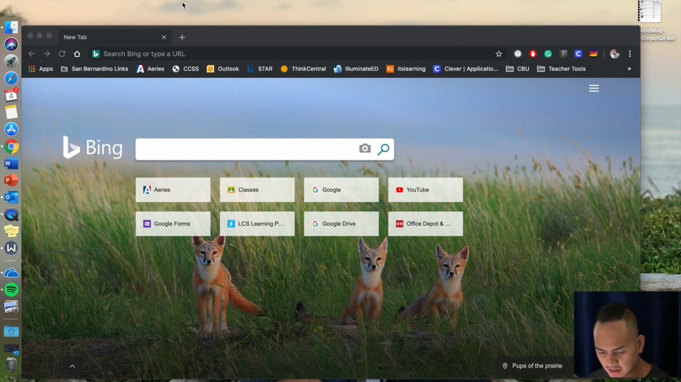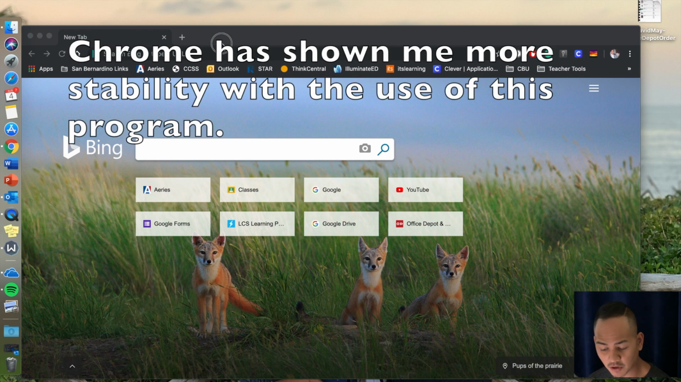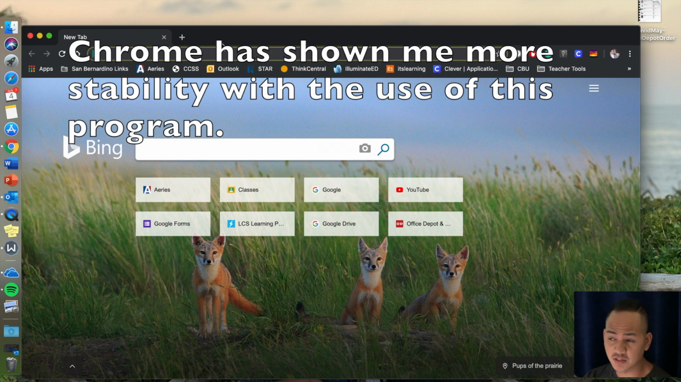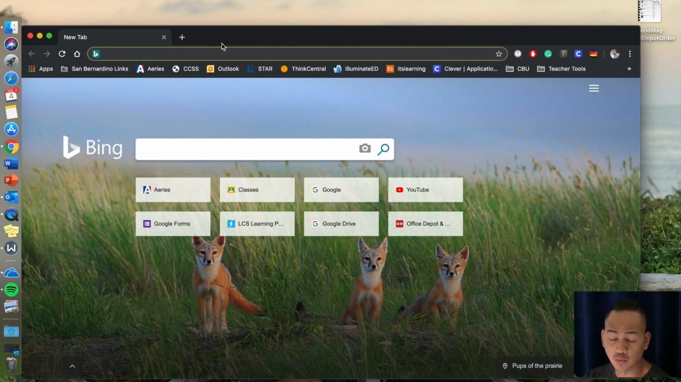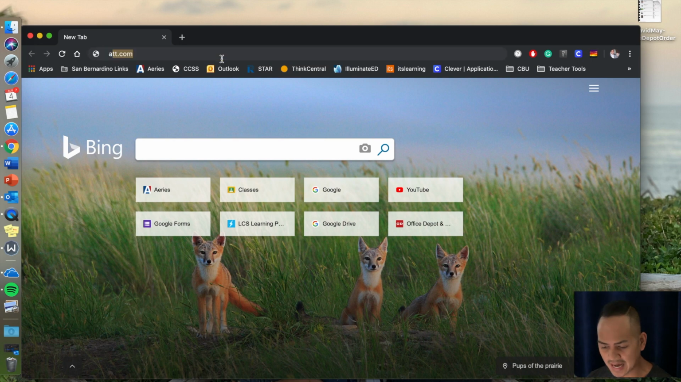I just opened up a browser. I prefer you guys using Chrome. If you don't want to use Chrome, you want to use Safari, that's fine. It works a lot better, it works more smoothly on Chrome. So all I'm going to do is go to